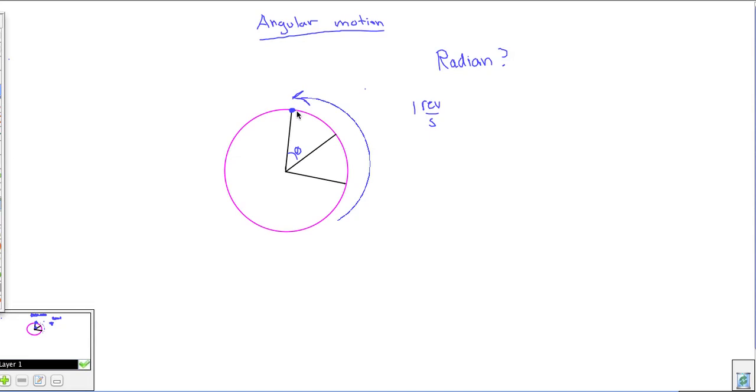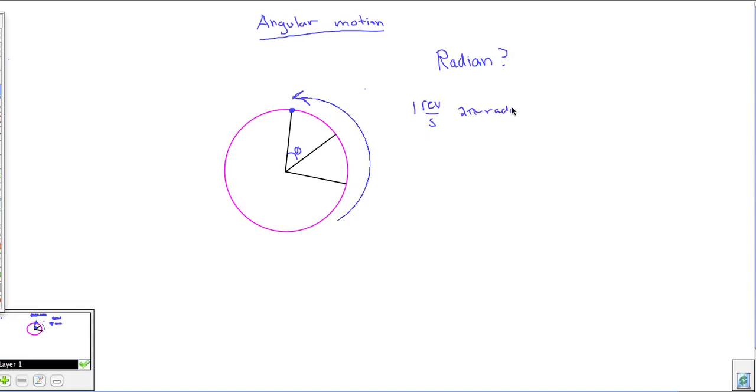As soon as you get an angle great enough so that this arc is able to subtend, or equal, this radius, it's a radian. And in a complete circle, for 1 revolution, you'll actually have 2